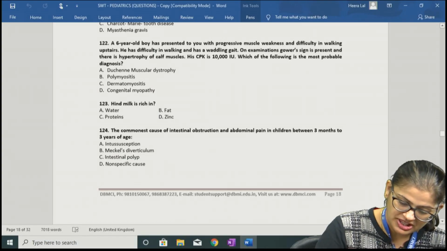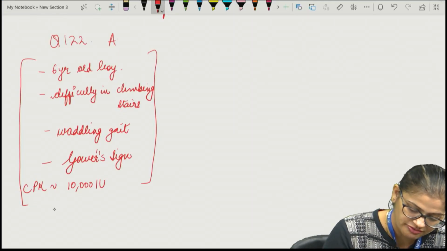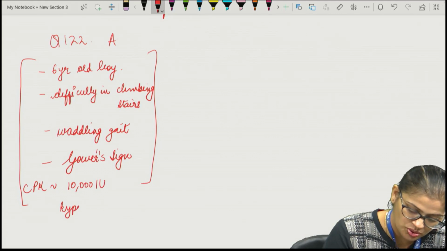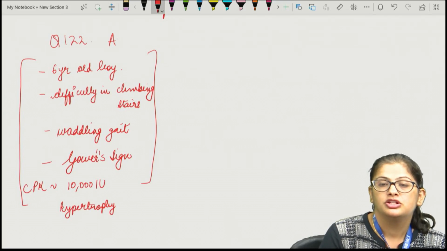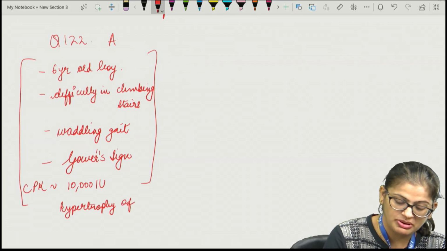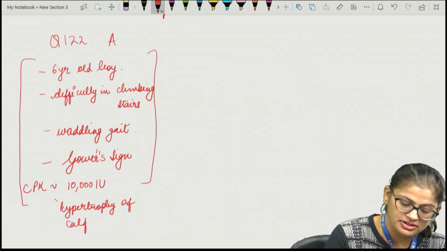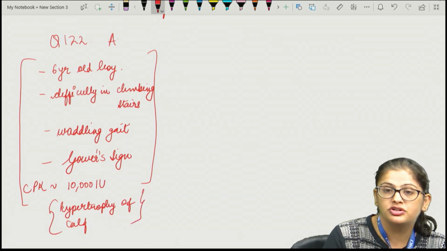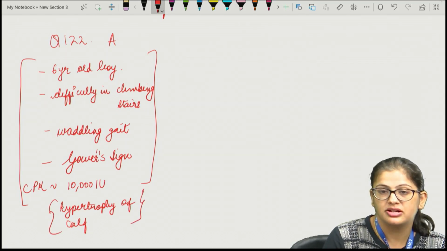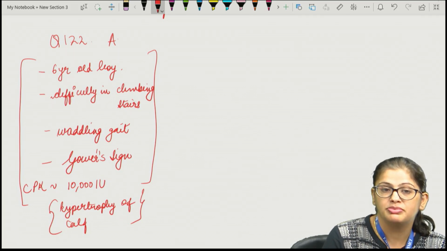And apart from that, they've also mentioned hypertrophy of calf muscles. So this is also important. This is a typical history that you can get for Duchenne's muscular dystrophy. In fact, many a times, this is the presenting complaint. Sometimes they don't notice the gait abnormality that occurs in children and they come with the complaint of hypertrophy of